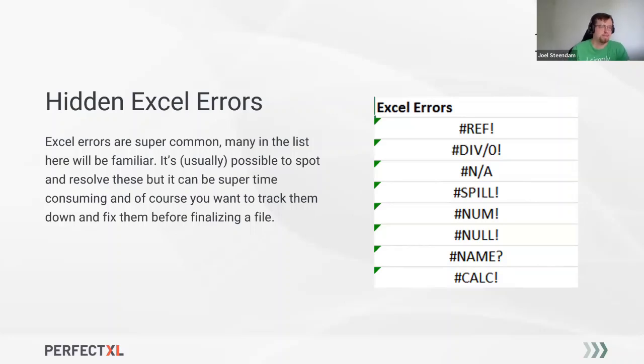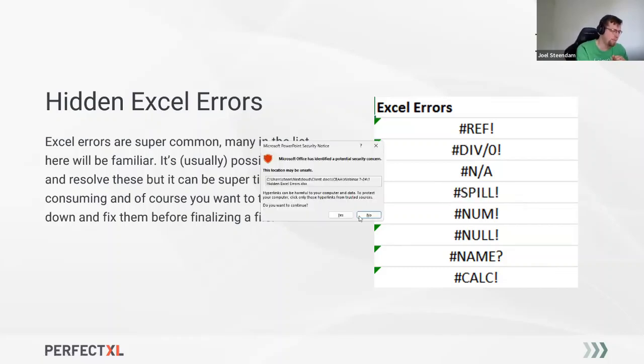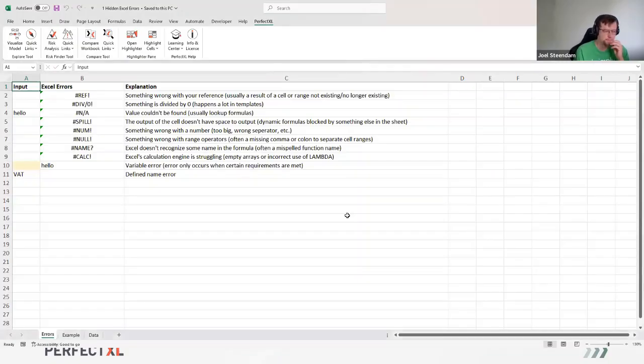Those hash refs or divided by zeros or hash browns, not as much. Excel errors are possible to spot in cells in most cases, but I'm going to talk about a couple of cases in which it's really difficult to spot it from the cell itself as well. And Excel errors are definitely something that most users will want to track down and be able to mitigate in their files. I'm going to go ahead and use my fancy little hyperlink functionality, jump over to the Excel model,